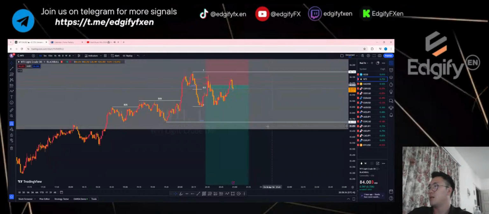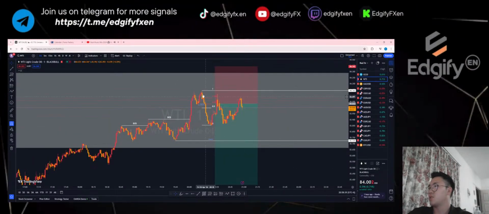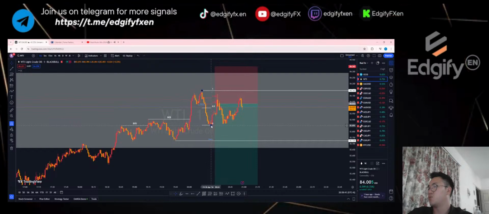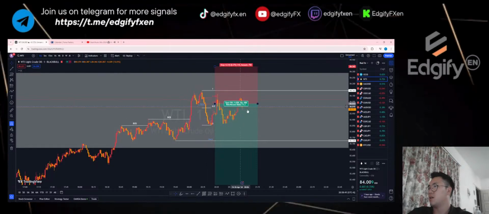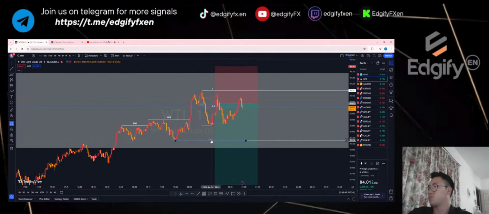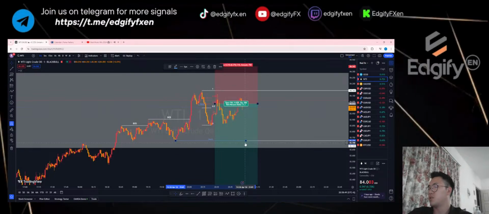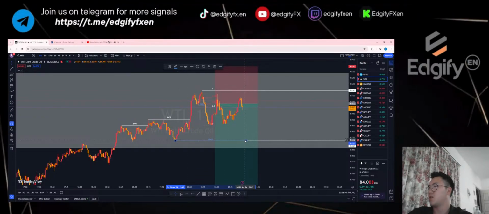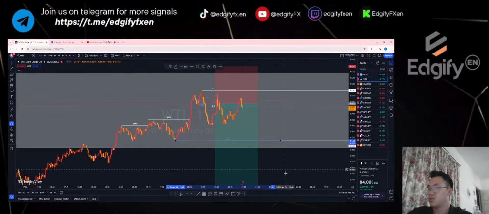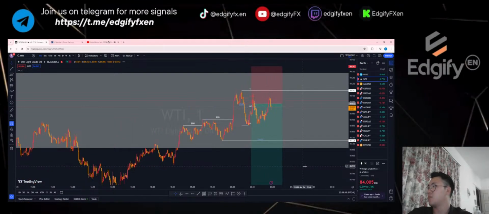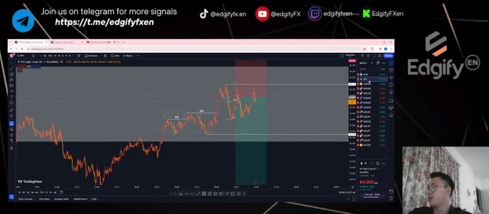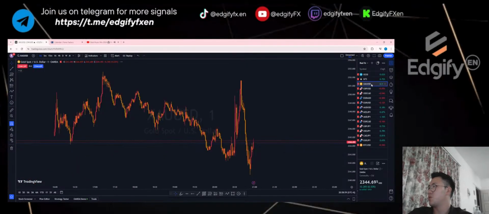As for WTI, you guys monitor if this price breaks above, like I've said, then this is the low we need to be broken. For now I won't be hopping in because my low is here. This is my confirmation here. It breaks this price, then only will I look for an entry. So you guys just keep an eye and monitor these two pairs at the moment, which are WTI and also gold.